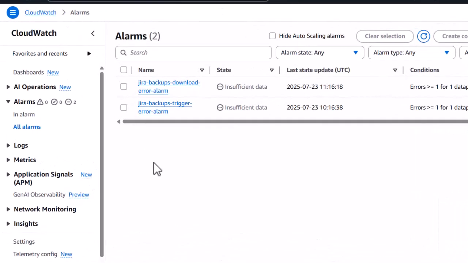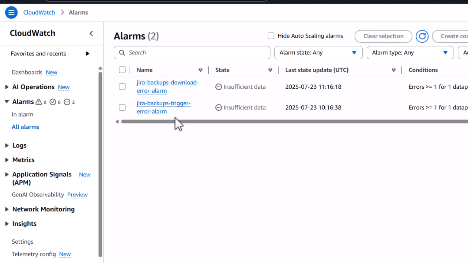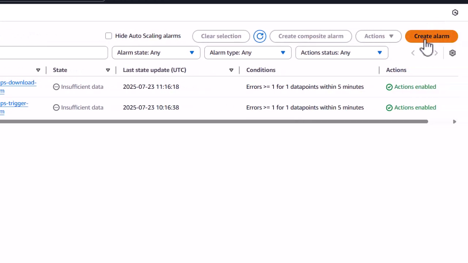The last thing to do to finish our fully automated backup system is to configure alarms that will alert us via email anytime one of our backups fail. You can see that I have the 2 alarms that we created for our Jira backups in the last video, and we'll create the same 2 alarms to support Confluence. Let's go to Create Alarm,